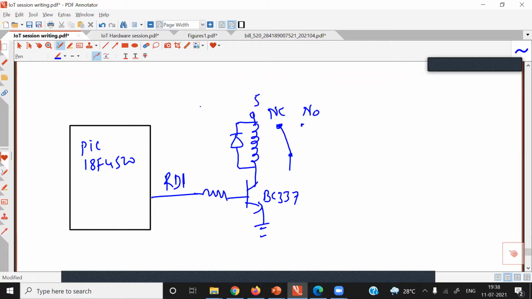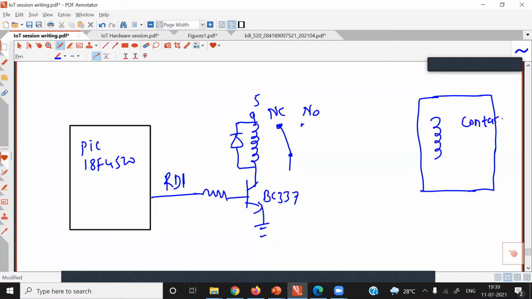Now what you do is, you will have a contactor. Let us assume that this block shows the contactor, and the contactor also has an electromagnet. So there is a coil inside this contactor. The coil inside this contactor operates on 220 volt. So if you directly apply 220 volt, the contactor will be switched on. But what we want to do is control this contactor with the help of a relay.